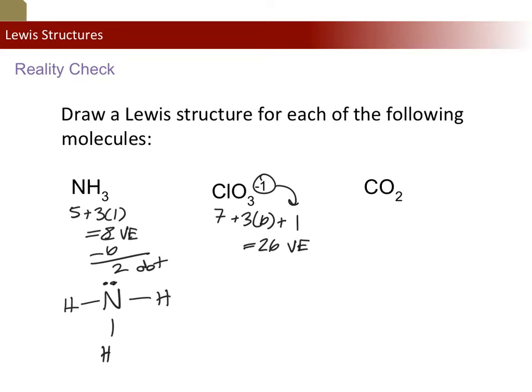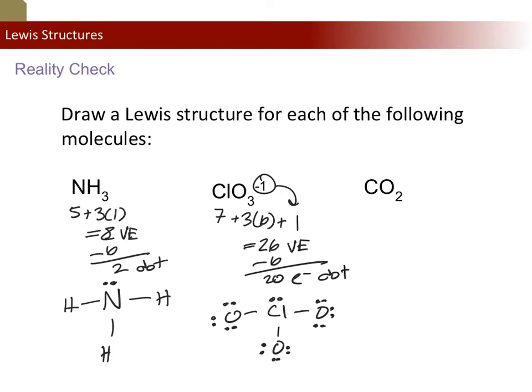Now I'm going to start by putting in my central atom, which is going to be chlorine in this case. And then I'm going to single bond it to all my ligands, which are all oxygens. I'm going to subtract 6 away, leaving me with 20 electron dots to put in around the outside first. So I can put 6 dots per ligand, because they're already bonded once, so I can put another 6 after it. So that's 12, 14, 16, 18, which leaves me with 2 more dots to place, and those go on